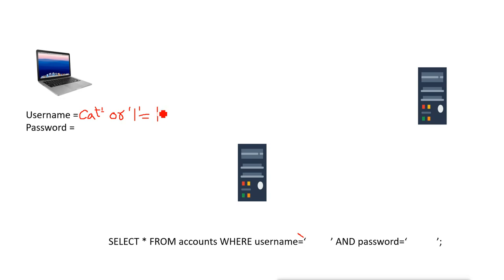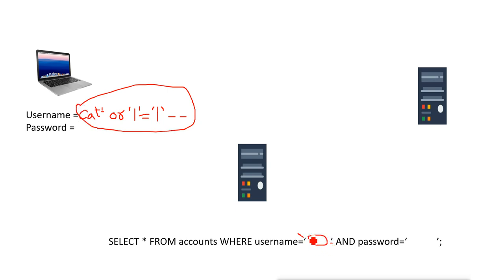But what will the attacker do? The attacker will add only 1 quote, because the second quote is already there. Now if it wants to ignore the password also, it will add 2 quotes, and then add one more option. This is what? Comment. So this whole query will fit into this place.